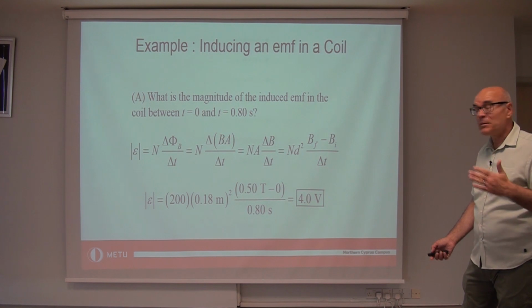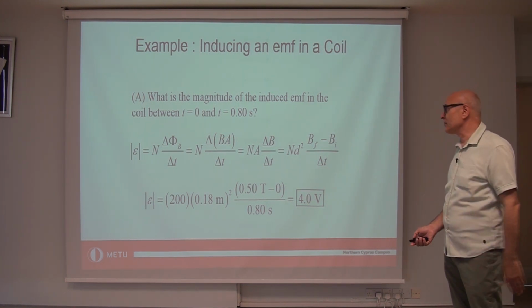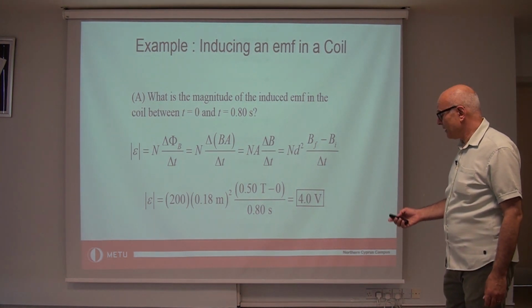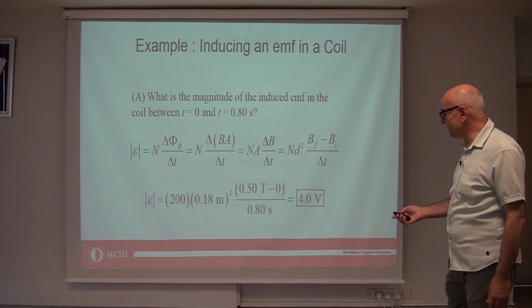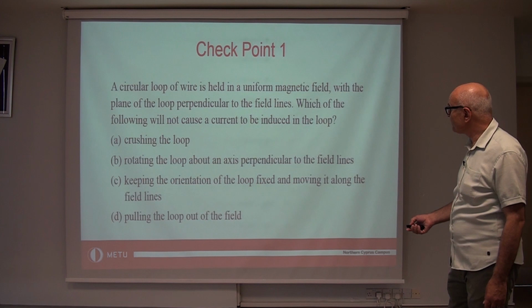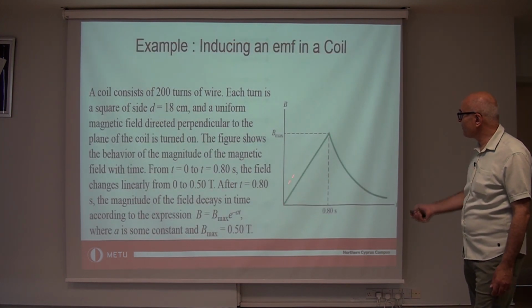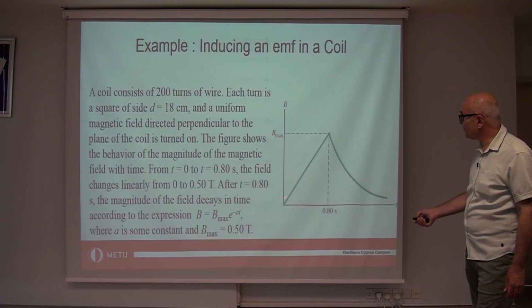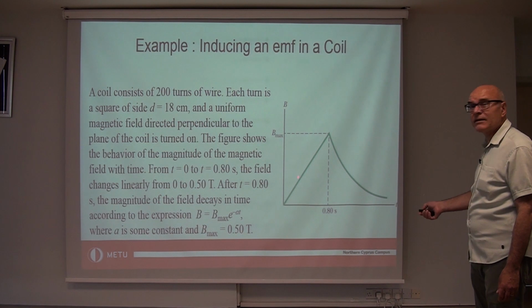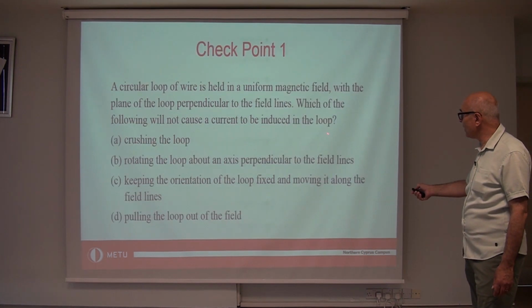It's constant because the change is linear in this case. It's not a function of time because the change is linear. Actually, you could do something else. You could still use dΦ/dt, by noting that you could write the function for the time variation. What is this? Well, this is a straight line. It has a slope of 0.5 because here you have 0.5